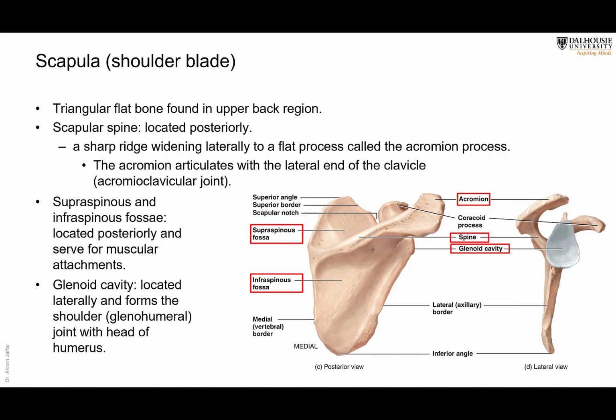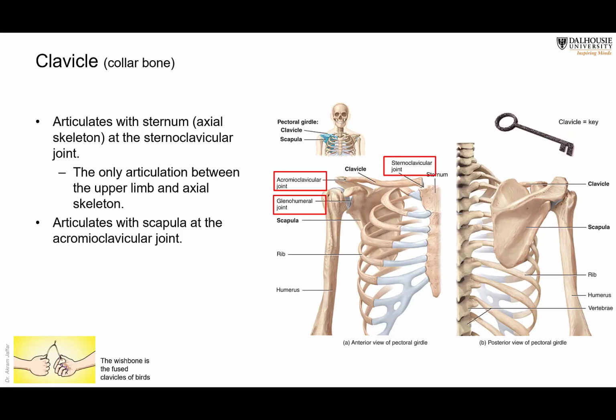And then the lateral angle here. We said that the scapula is triangular in shape, so it has 3 angles. The lateral angle, as you can see from this side, has a smooth surface, which obviously provides an articulation. It's called the glenoid cavity. It's called a cavity, but it's very shallow, and this gives more freedom for the movement of the humerus. So it is at the glenoid cavity of the scapula that the scapula articulates with the humerus. Hence, the official name of the shoulder joint is the glenohumeral joint, because it's between the humerus and the glenoid